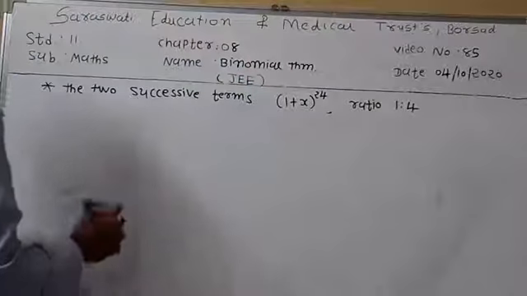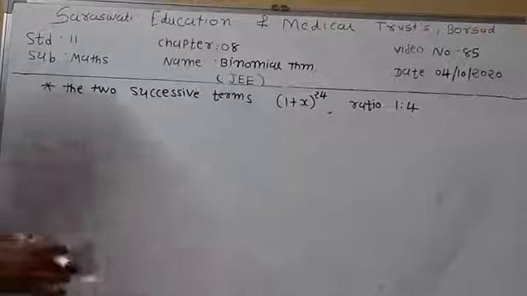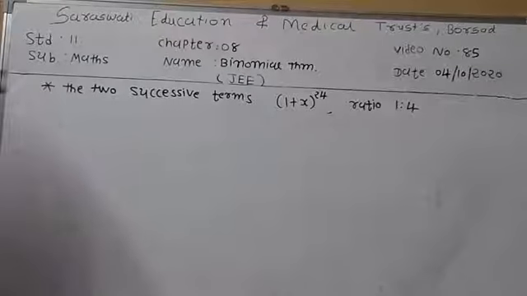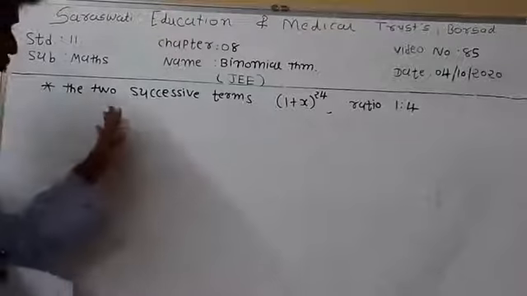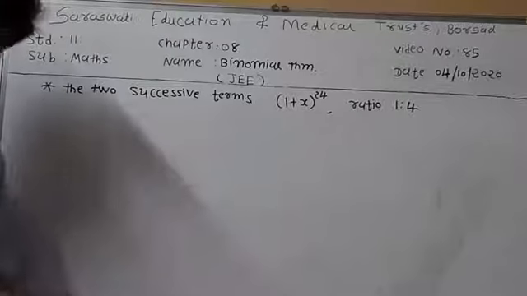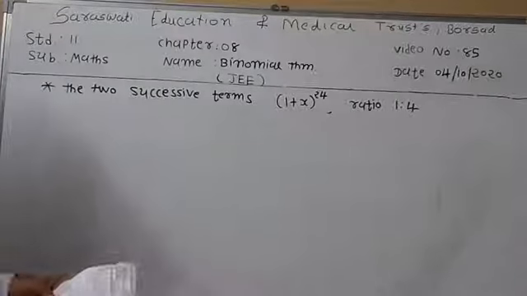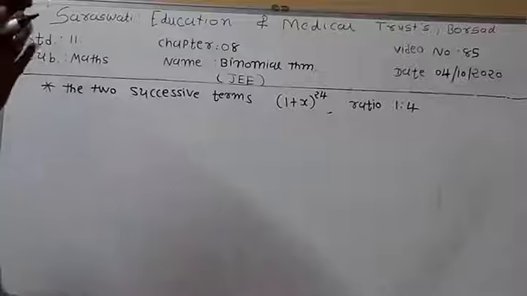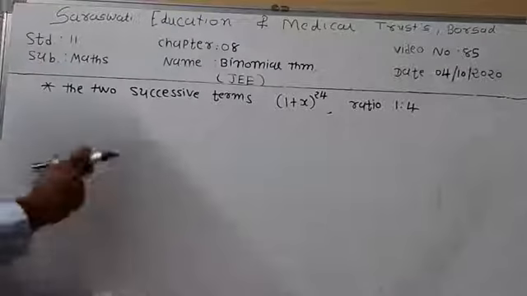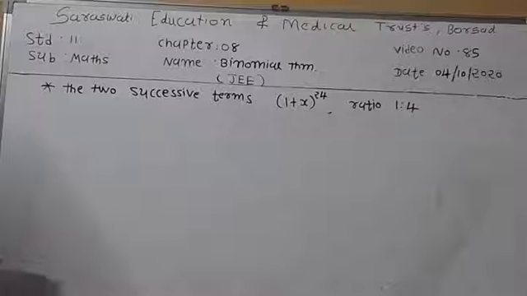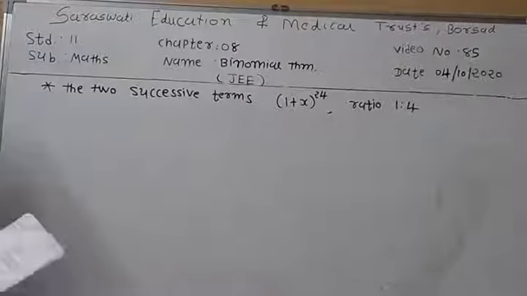Now the options given are third and fourth term. Successive terms means two terms that are in sequence. The options are third and fourth term, fourth and fifth term, fifth and sixth term, and sixth and seventh term. So here apply the trial and error method. So our answer is